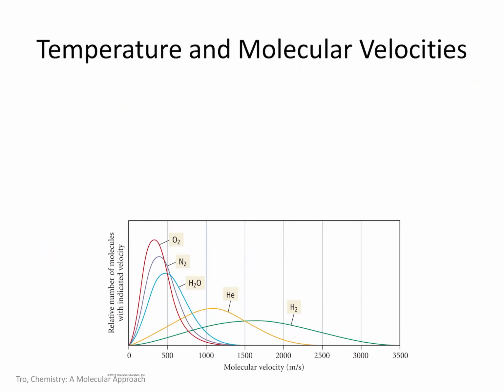Okay, so thinking of temperature and molecular velocities. Again, according to kinetic molecular theory, particles of different masses have the same average kinetic energy at a given temperature. So we know that kinetic energy depends on mass and velocity: 1/2 mass times velocity squared. The only way for particles of different masses to have the same kinetic energy, so we know